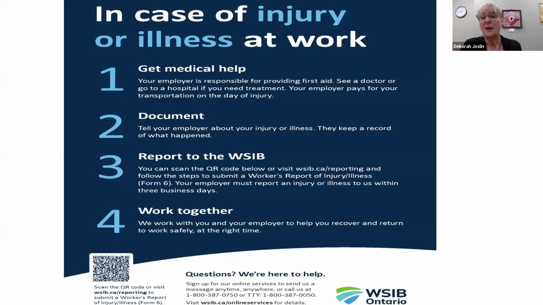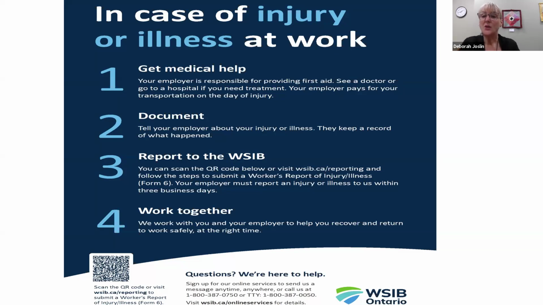These are the posters that are mandatory and required in every workplace when you hire someone. Number 4 is Work Together. This poster is new, and this is where we focus on the return to work. Duty to accommodate is we work with you and your employer to help you recover and return to work at